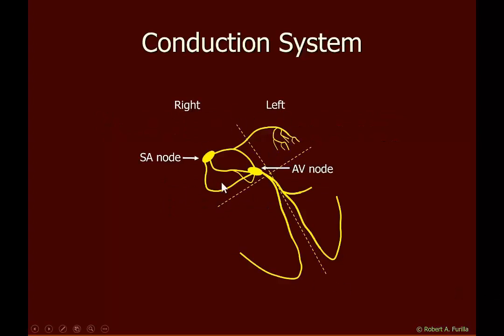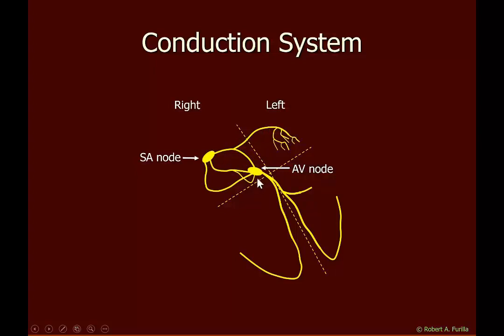The upper part of this diagram are the atria, right and left, and then the right and left ventricles. In the upper right of the right atrium is a sinoatrial node, or SA node, which sends fibers down to another node called the atrioventricular node, or AV node, and also sends fibers over to the left atrium. So these interatrial fibers and internodal fibers carry the electrical energy across to the atria and then down into the